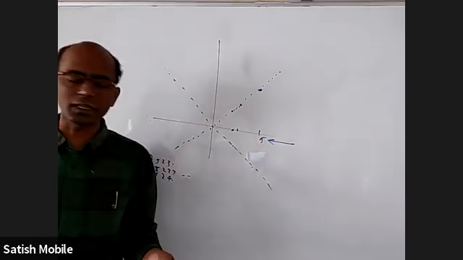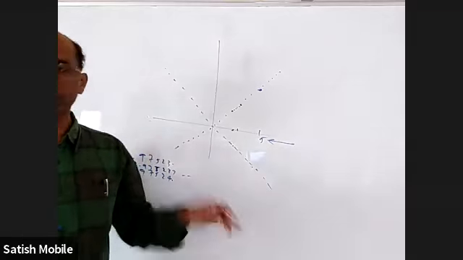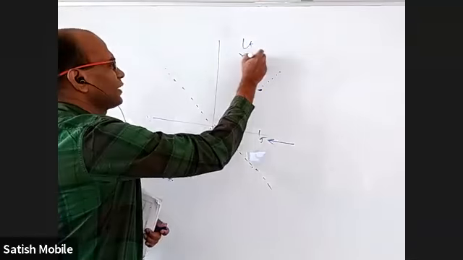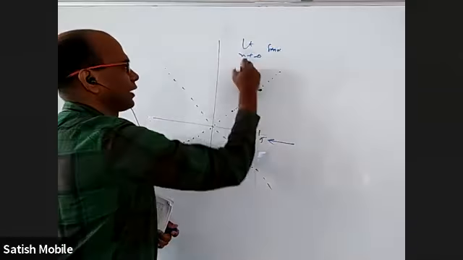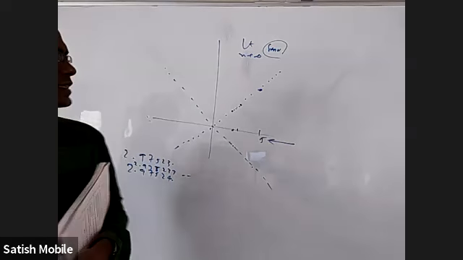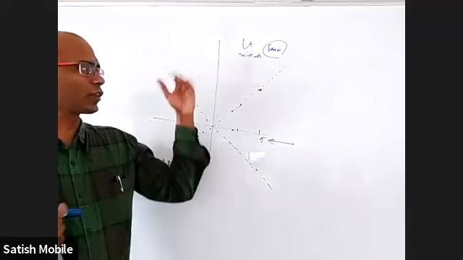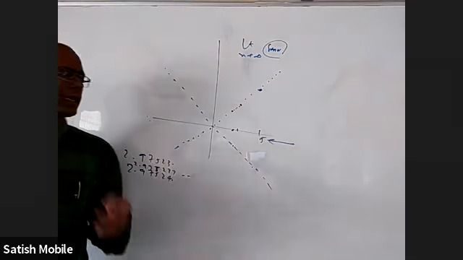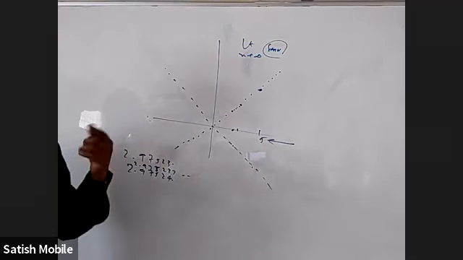So not about left limit, right limit. Even the right limit doesn't exist. The left limit also doesn't exist. It is like saying limit x tends to infinity of sin x. As x is approaching infinity, sin x keeps on oscillating, doesn't attain any limit. The same way here, it keeps on oscillating. We cannot say that it is approaching 5 or minus 5. So at 5 it doesn't have a limit. At 3 it doesn't have a limit. At 2 it doesn't have a limit. At 100 it doesn't have a limit.